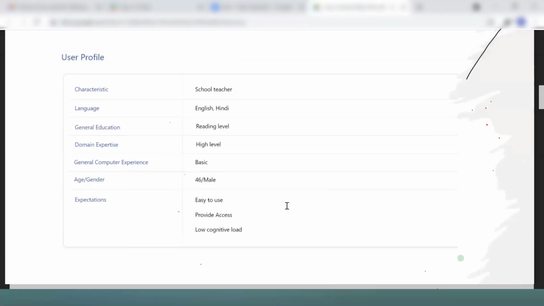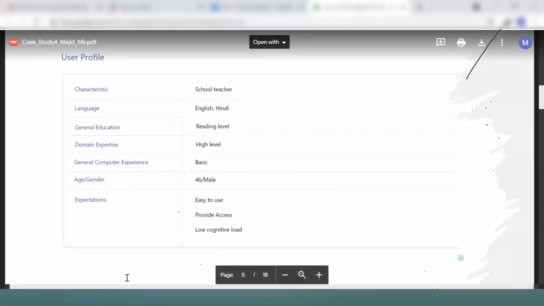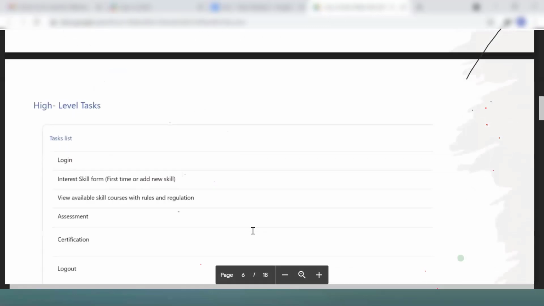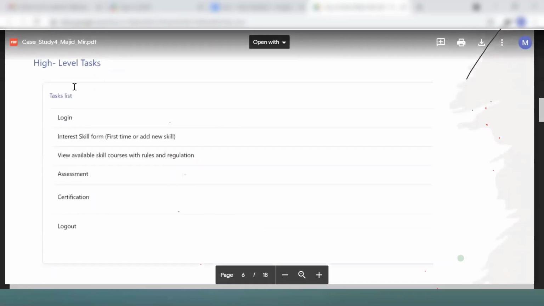Let's say one department has all teachers at PhD level. Those are the user profiles: for example, PhD math teachers. You create this user profile and then understand their expectations: easy to use, provide access and low cognitive load.